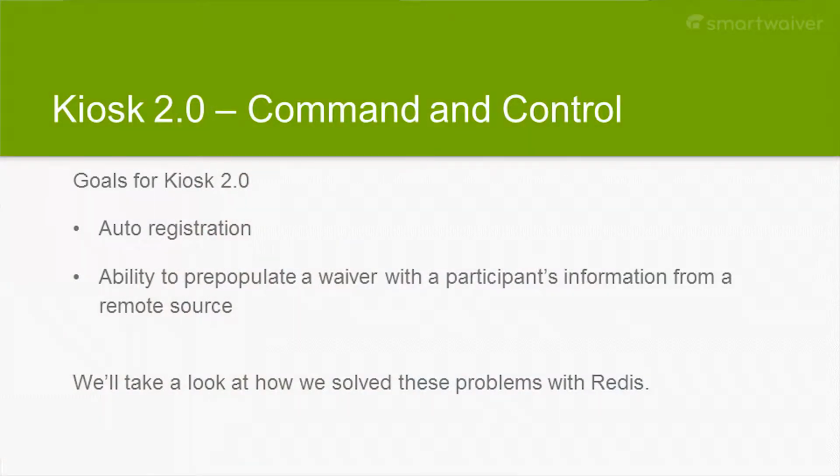So for 2.0, we wanted to have auto registration, meaning the version 1.0, to register the app or to start it up, you had to have the login information. And so if you had 20 kiosks, you had to sit there and log into all 20. And how did you unregister an app from us in version 1? Any ideas? You deleted it. There was no logout. Because you didn't want to have someone who was locked in, the ability to log out. So it was very hackish.